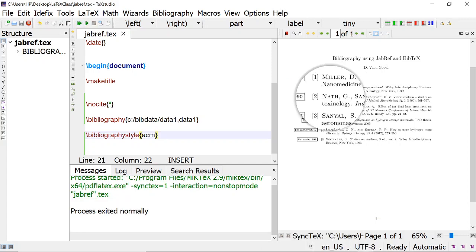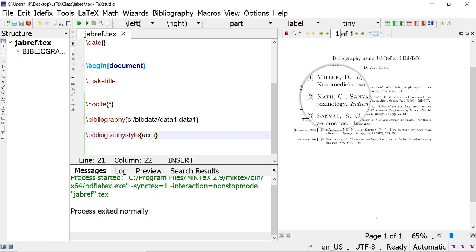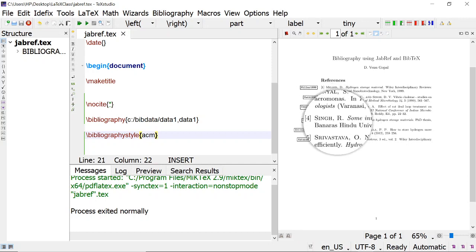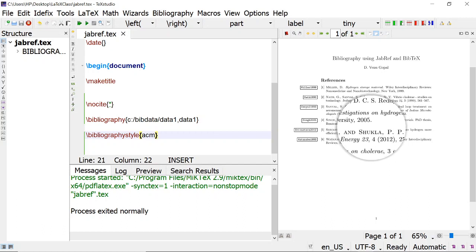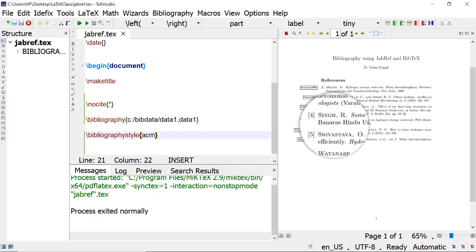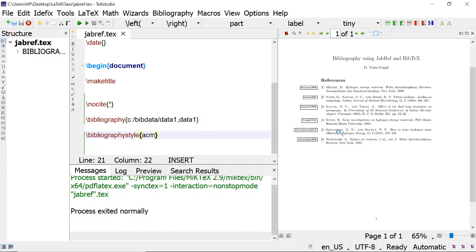Immediately it will change like this. See, without any effort, without typing anything from the database, it automatically took the data and changed according to the style of the journal.